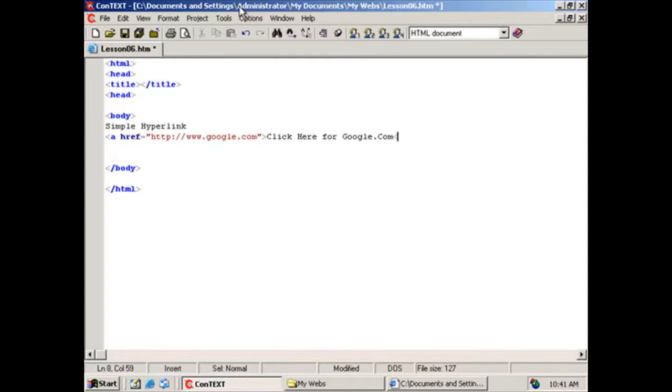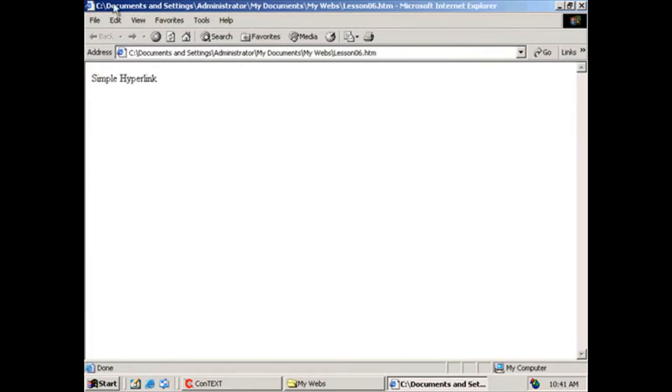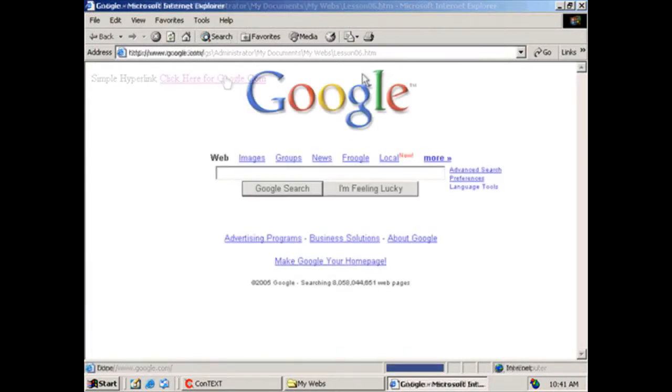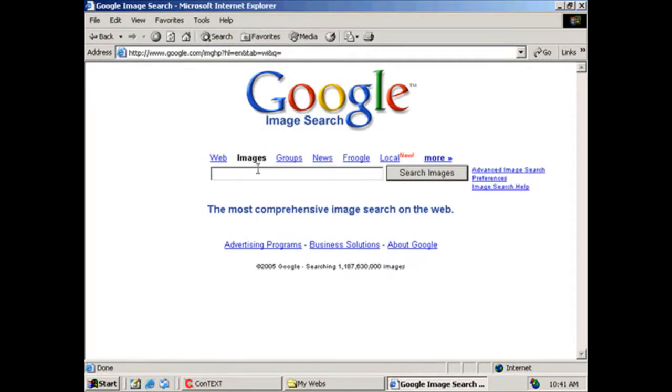And of course, all you Googlers know that I want to close this tag, right? Because if I don't, everything that I type below is going to be a hyperlink. And we just want click here for google.com to be a hyperlink. So I save that, refresh it, click here for google.com, and when we click it, it takes me there. Isn't that beautiful? And let's go to images, and let's do a search for,